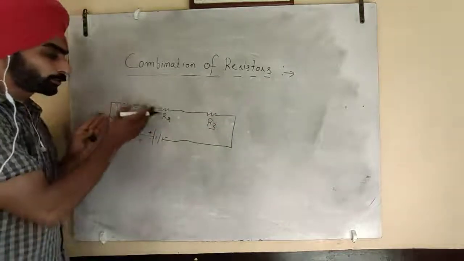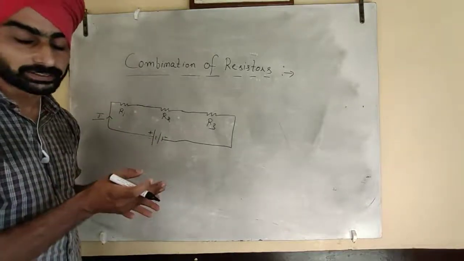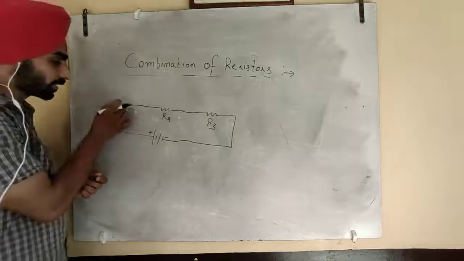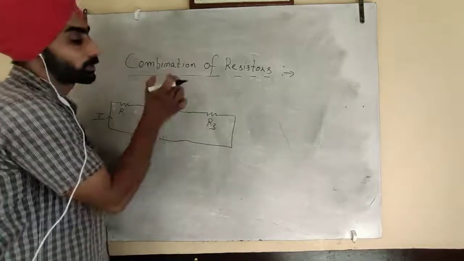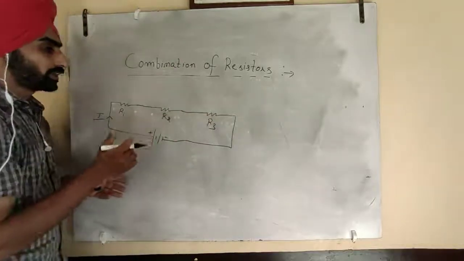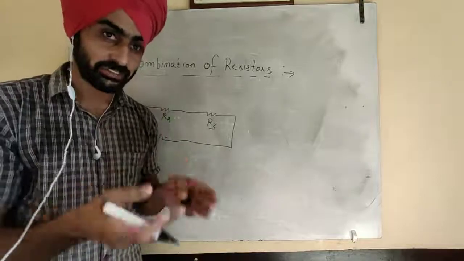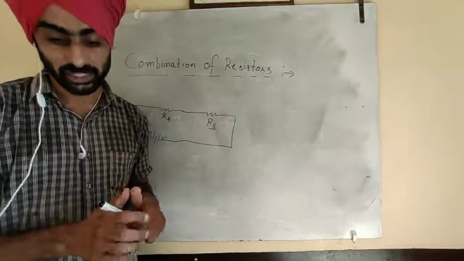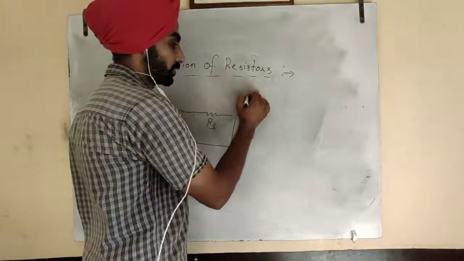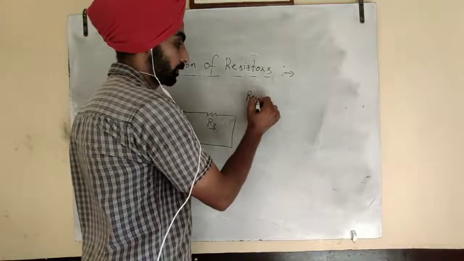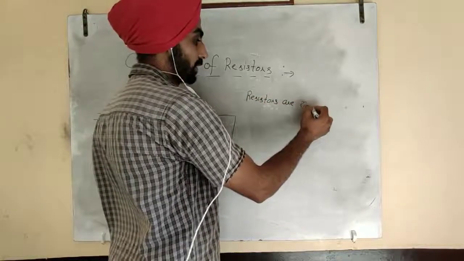ऐसा तो नहीं है अभी 900 होंगे, क्योंकि चार्ज को ना तो डिस्ट्रॉय किया जा सकता ना क्रिएट. इट इज़ कंजर्व्ड. चार्ज इज़ कंजर्व्ड. अगर 1000 इसमें से फ्लो हो रहे हैं तो 1000 चार्ज कैरियर ही इसमें फ्लो होंगे पर यूनिट टाइम में, और 1000 ही इसमें फ्लो होंगे. तो दिस मीन्स व्हेन वी आर कंबाइनिंग द रेसिस्टर वन आफ्टर द अनदर, इट इज़ नोन एज सीरीज कॉम्बिनेशन. रेसिस्टर्स आर कंबाइंड one after another.